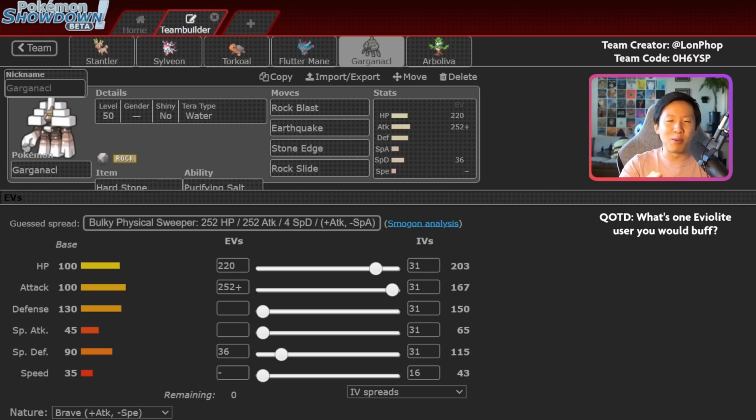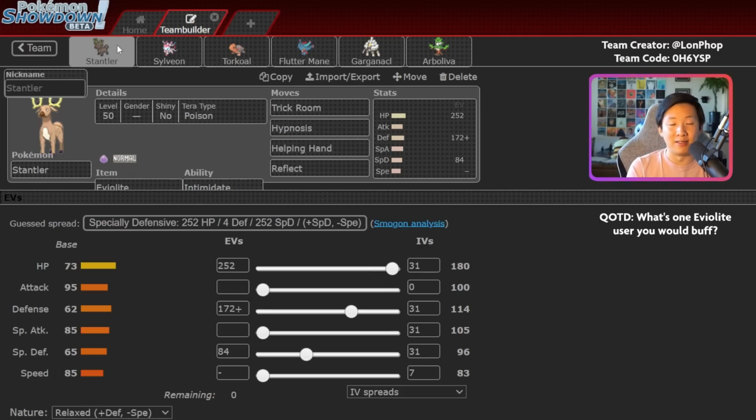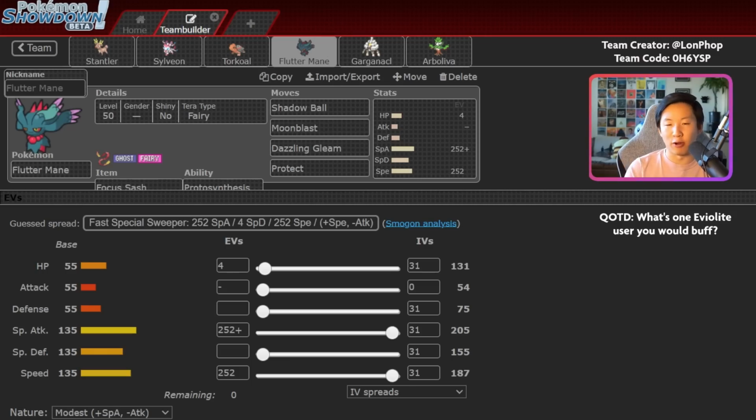And the main thing is when people go up against Garganacl, they are almost never expecting it to be offensive, right? Most people expect Purifying Salt, Salt Cure with Recover, Wide Guard, potentially Protect, right? But this Garganacl is like, hey, I can actually do a lot of damage to you. It's also valuable into some of the common Taunt users, whether you run into something like Talonflame or Murkrow. With those, you can try to KO them early with the Rock type attacks and then set up Trick Room with Stantler afterwards. The final Pokemon here is just Flutter Mane, Modest, max Special Attack, max Speed with Focus Sash, and